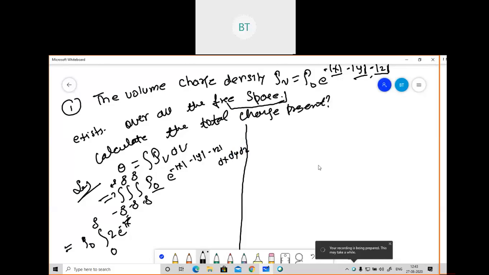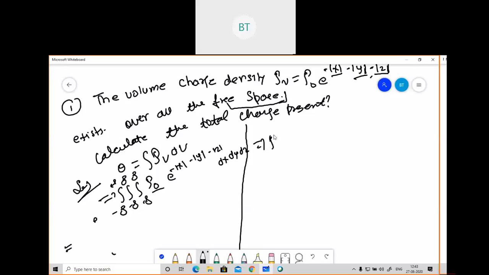So see what I'm going to do here. This is the important step which I'm going to do. I think everybody is joining here. So I'll write, I'm breaking into two parts. I'll put the rho terms, the constant term, outside.